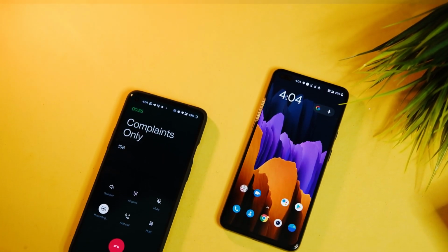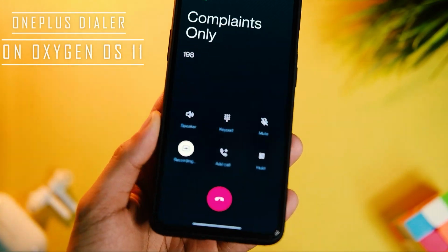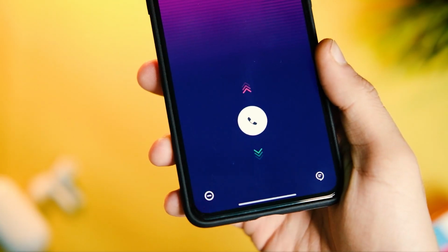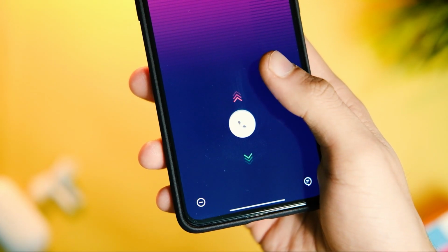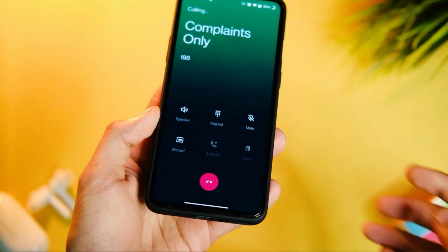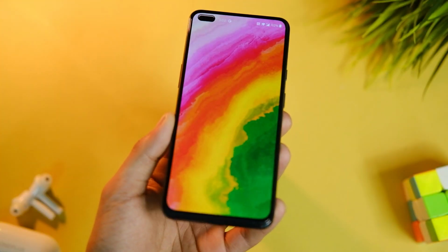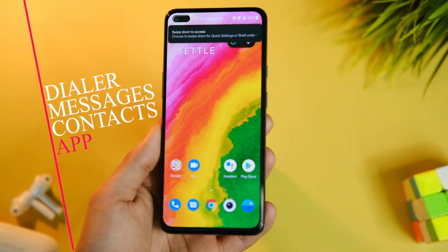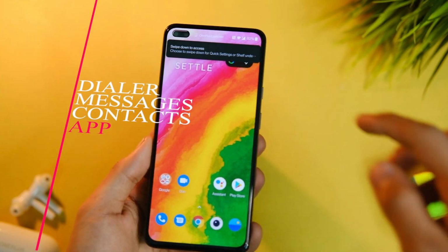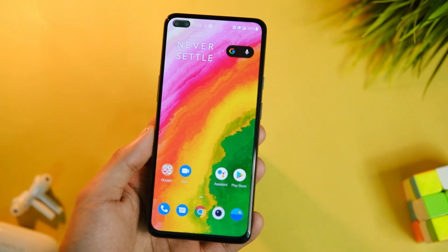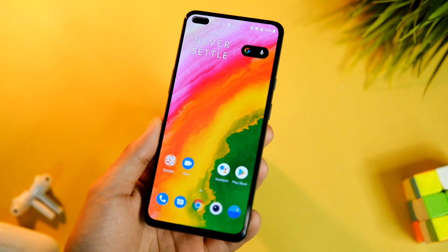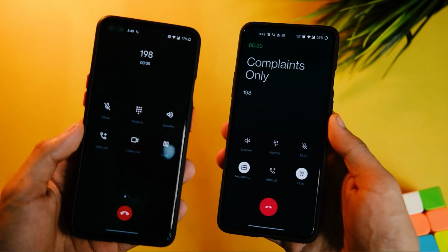In the first part of this video, I shared the process on how you can get the OnePlus Dialer app on the OnePlus 8T and Nord. And now that all of it is working fine, here is a way to replace all the Google apps, that is the Dialer, Messages and Contacts app on your OnePlus Nord or 8T. And I got many comments saying that it is not working and other complaints too. So I'll address all of those issues in this video.